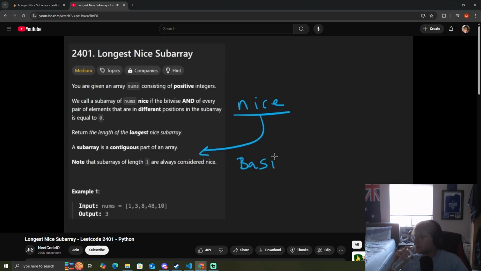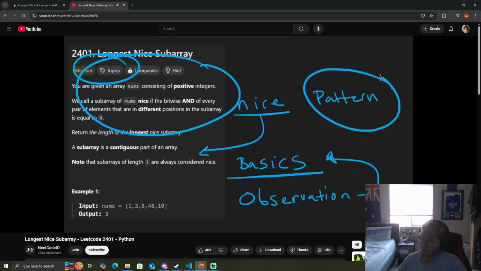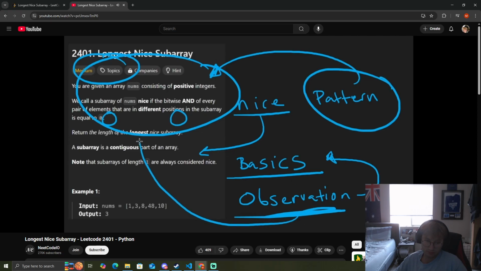But probably the most important thing with problems like these is making the most correct observations in order to figure out what those basics actually are. When I say basics, I mostly just mean which pattern does this problem fall into. Once you know the pattern, then it's about filling in the little holes of how this pattern can be used to solve the problem. And to fill in those little holes, you have to make those observations and really focus on